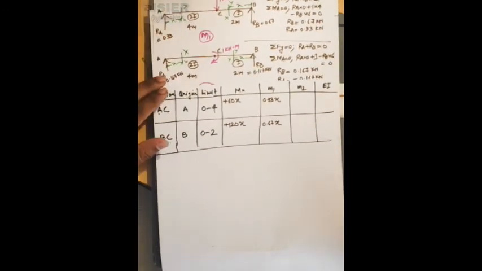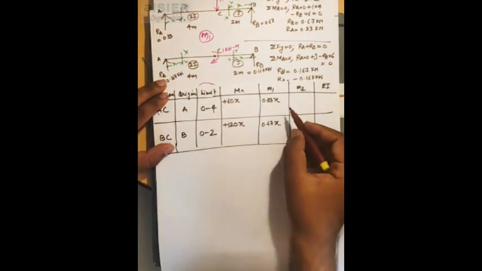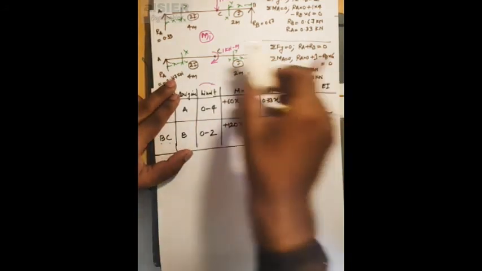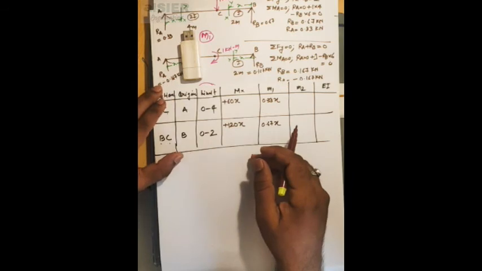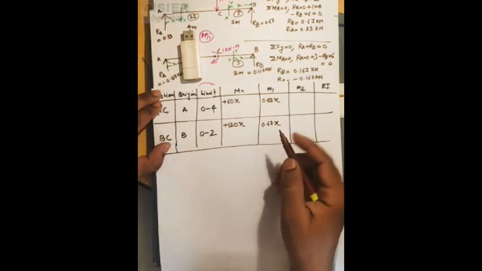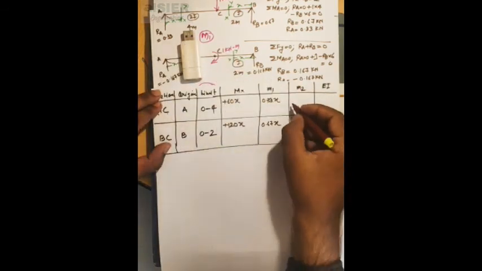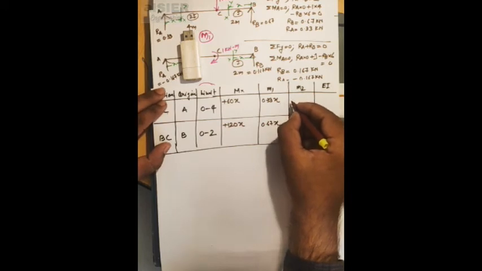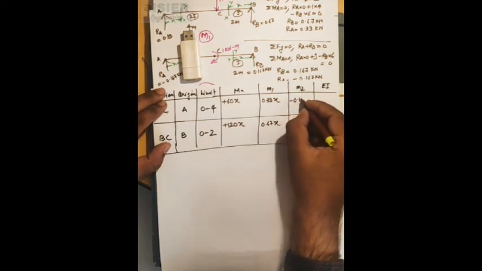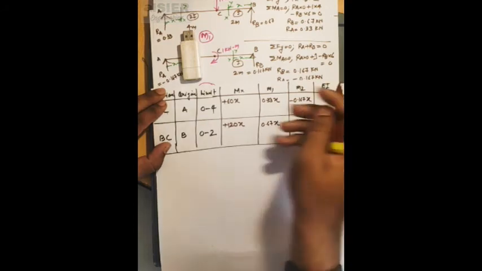Now we will calculate for the M2 diagram. So this is the M2 diagram. Now for region AC, this is the section. There is only one load on this side of the section which is going clockwise, so positive, but its original value is negative, so minus 0.167 and distance is x.